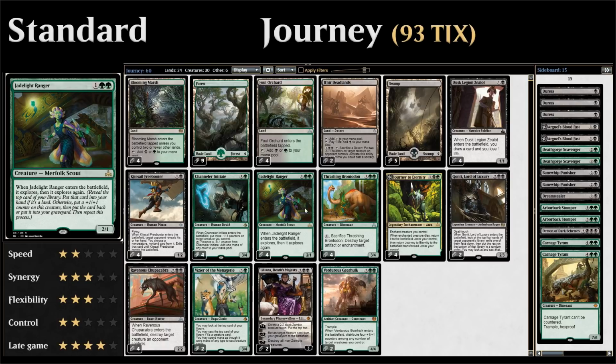Next up we have 4 copies of Jadelight Ranger as just a solid role player in our deck, a 3-mana 2/1 that double explores when she enters the battlefield. So exploring means we get to take a look at the top card of our library. If it's a land we get to draw it, if it's a non-land card we can decide whether or not to put it in our graveyard or keep it on top of our deck, and then